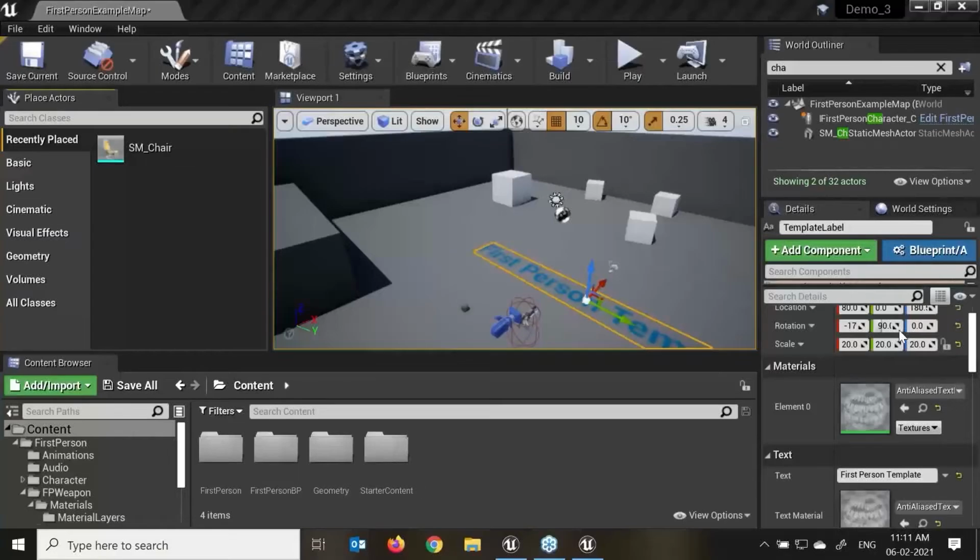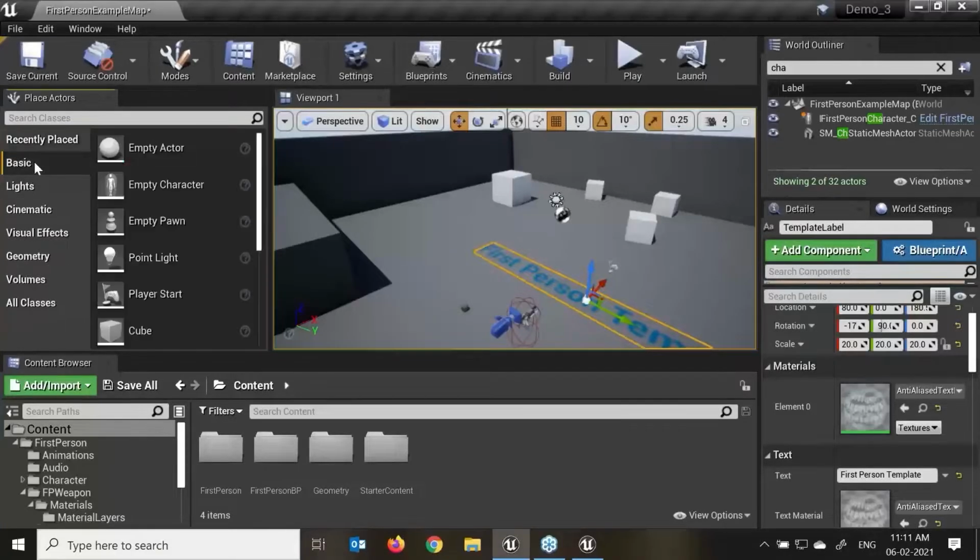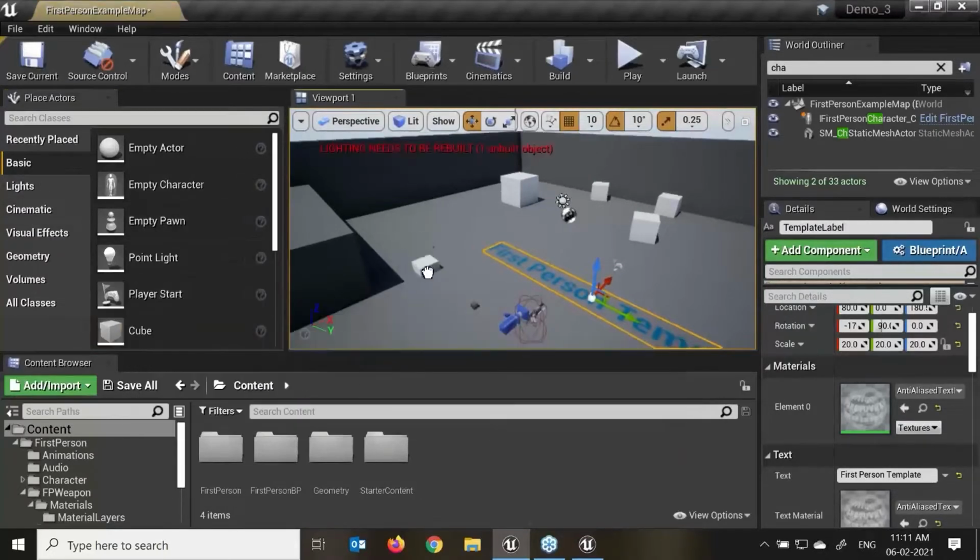So when we talk about the actor, first of all, we will discuss the static mesh and the skeletal mesh. A static mesh is a piece of geometry that consists of a set of polygons. If I click on these basic shapes over here and drag and drop my cube into my scene,